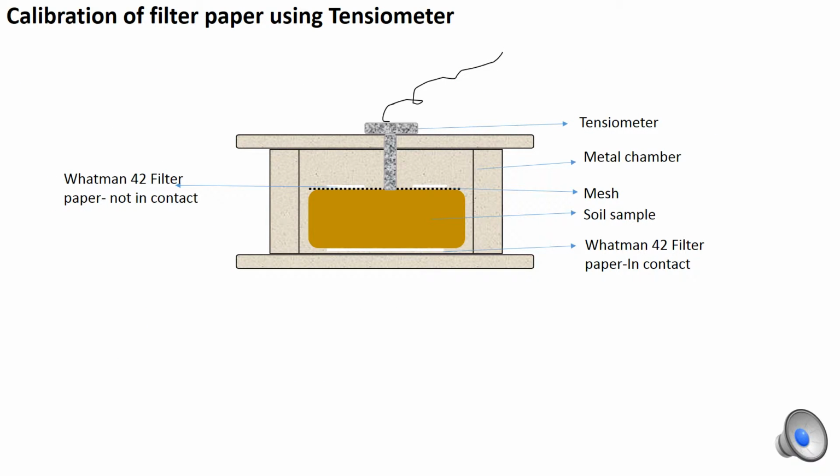In order to calibrate the filter paper, a slurry of white clay is taken and consolidated in an oedometer at 100 kPa pressure to achieve a moisture content which is uniformly distributed. Further, it has been dried at ambient condition to reach a target of desired moisture content. Later, it has been placed in a metal chamber which is insulated against evaporation with a filter paper at the bottom which is sandwiched between two other filter papers